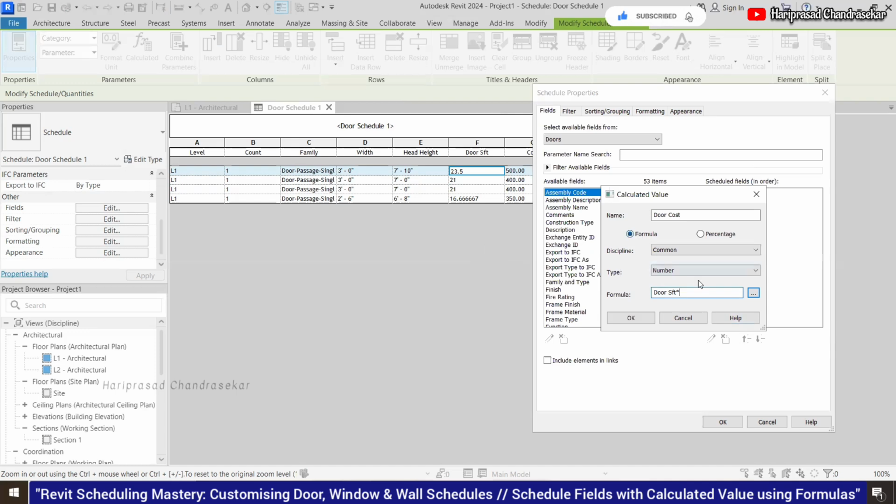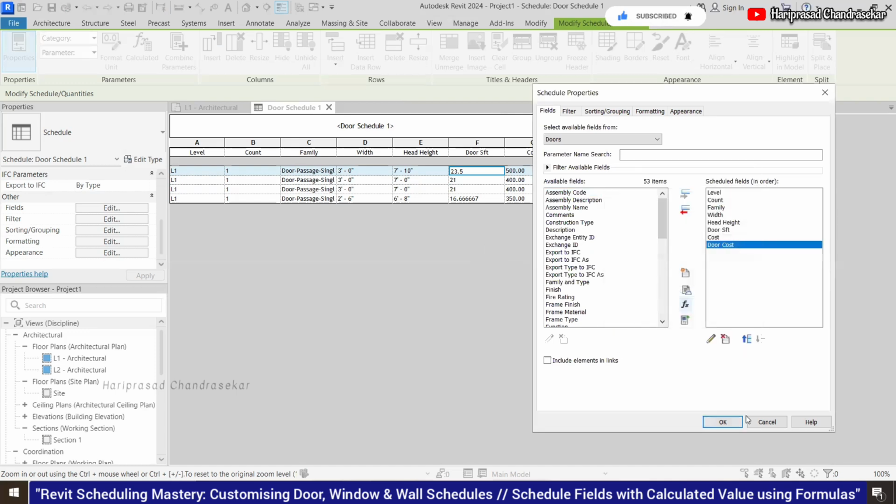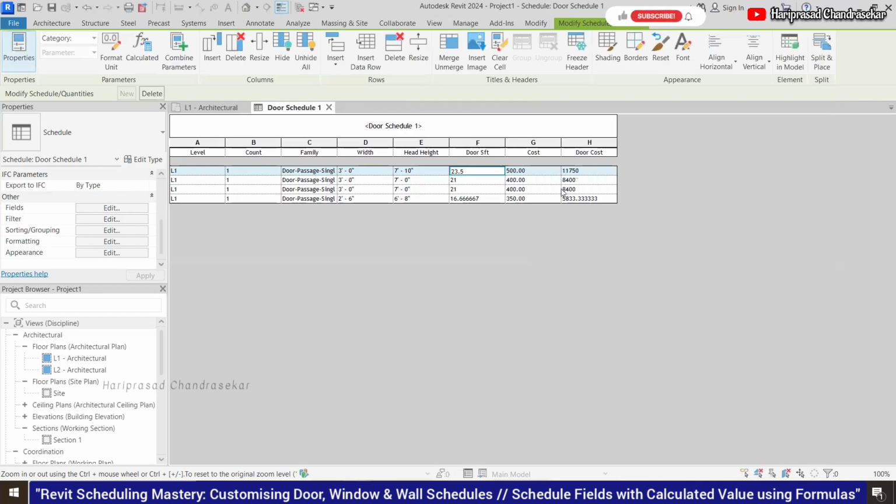So you can put a cost. Then click OK. Now you got it. Whatever cost we are putting, it will be multiplied by door SFT. So that is the total cost of the door. This way you can calculate all these things. So this is the multiplication of 500 into 23.5.